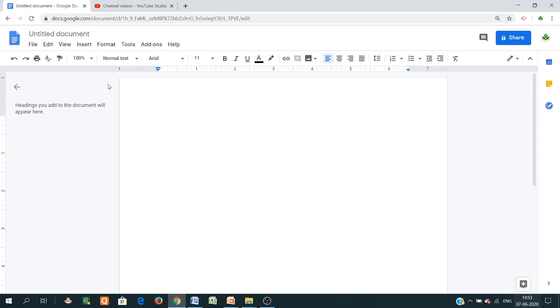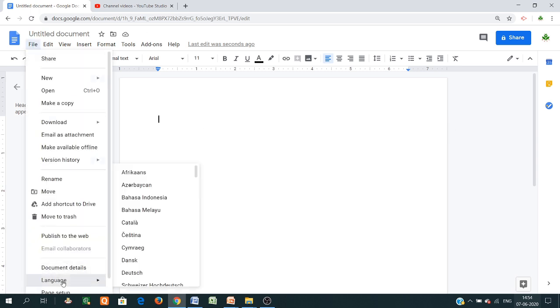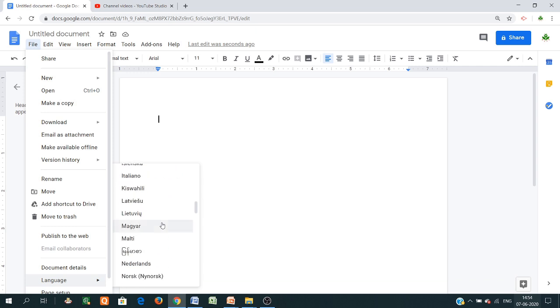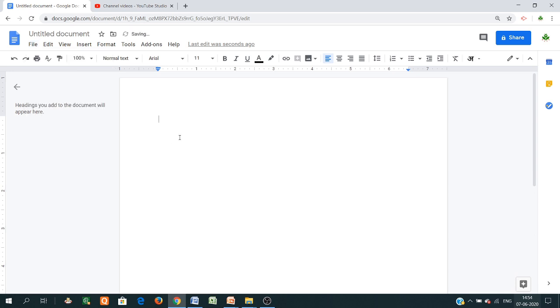Now next we first discuss the different types of typing. You just type whatever you want to type, like whatever you do in MS Word, similarly you can type here. So there is nothing new here about typing. The important feature is to select File, go to Language and select Hindi, suppose.